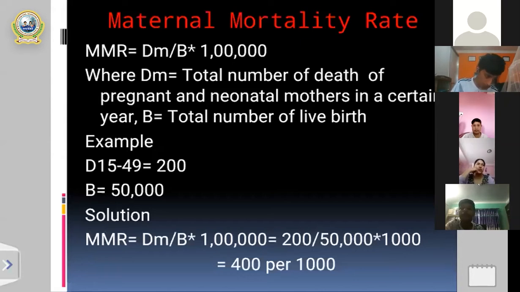So that's why MMR equals D small m divided by B multiplied by 1 lakh. That's the formula. Now, what is the meaning of D small m and B? So D small m equals total number of deaths of pregnant and neonatal mothers in a certain year. That means total number of deaths of